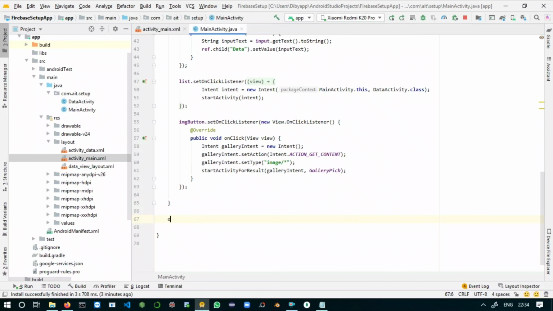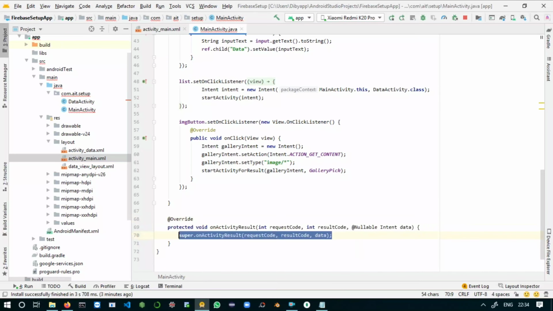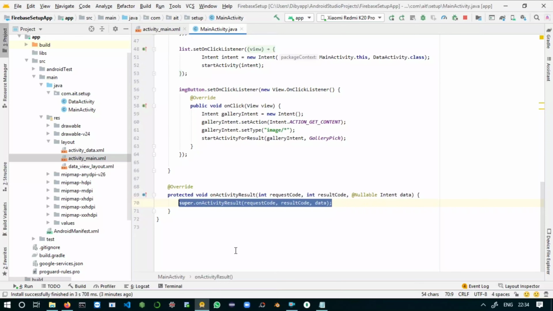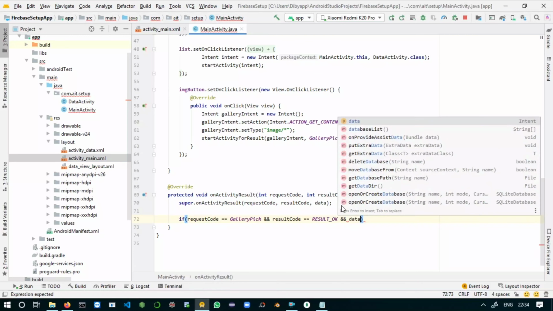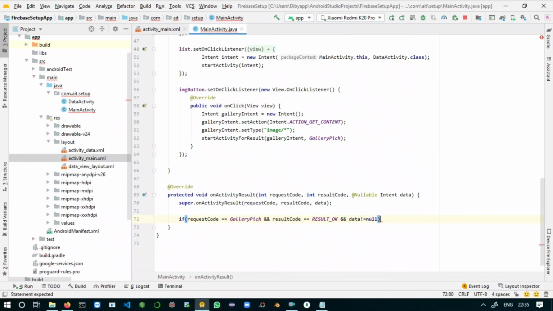Here you can take an overridden method, which is nothing but onActivityResult. Here let the super call be here, fine. Here you can say if requestCode double equals GALLERY_PICK and resultCode double equals RESULT_OK, and data not equals null.